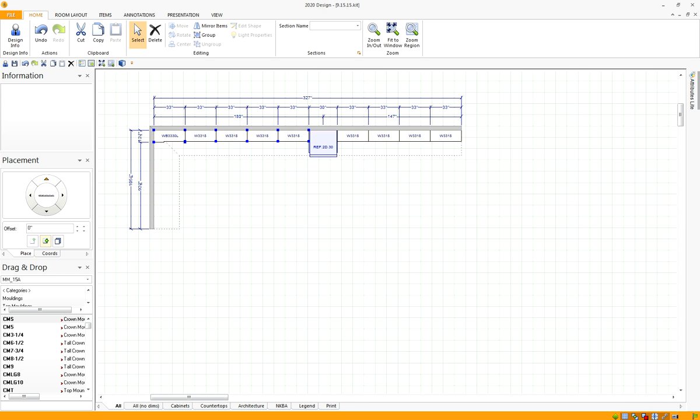So now I'm going to click on our cabinets. I'm going to make sure that the placement is above the cabinets. I'm going to drag and drop the crown molding small. I'll do the same thing over here. Now that I'm happy with the small crown molding that I've added on top of the cabinets,